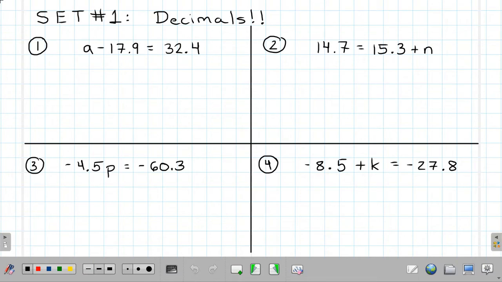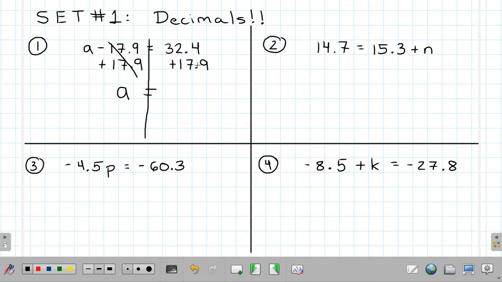Same steps apply. If we look at number 1, we have a minus 17.9 is equal to 32.4. We notice the variable is a, and we're subtracting 17.9, so we need to add 17.9. But if we do something to the left side of the equation, we need to do the same thing to the right side. If you need to draw the little line so you know the different sides of the equation, that's perfectly fine. Our whole goal is we want the 17.9s to go away. So we have a is equal to